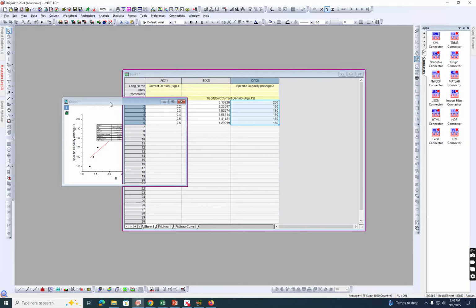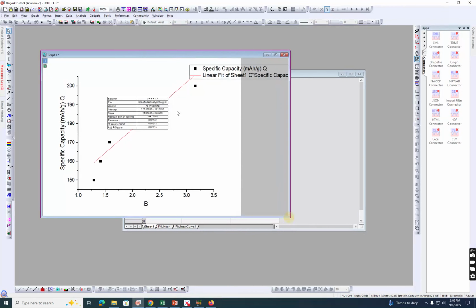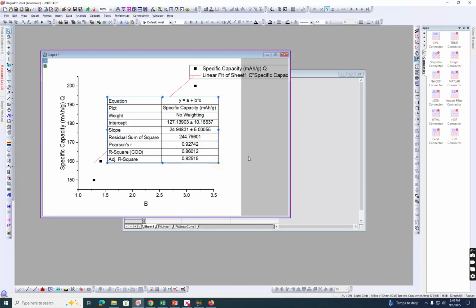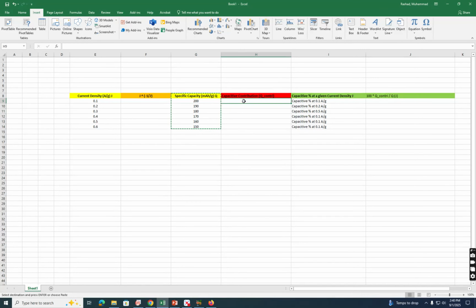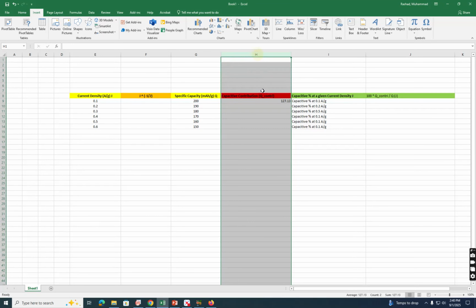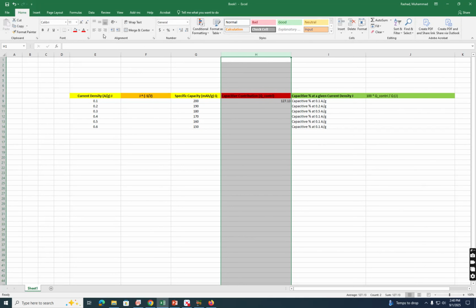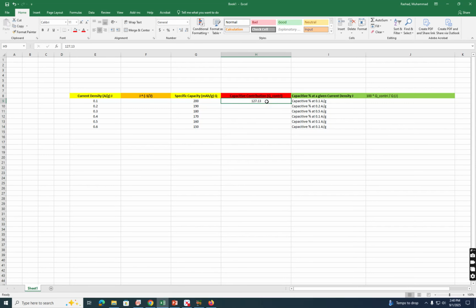So what is the value? We can see here that the intercept is 127.13. This intercept is the capacitive contribution, but not the percentage at a specific capacity. So now we can use this to calculate the capacitive contribution, or capacitive behavior, or percentage at a specific capacity,